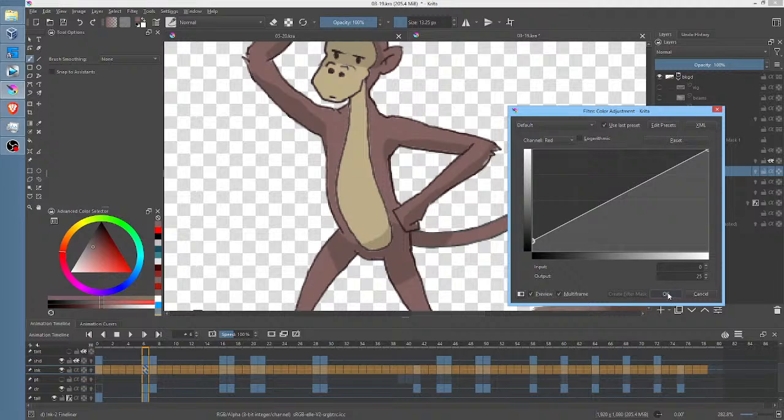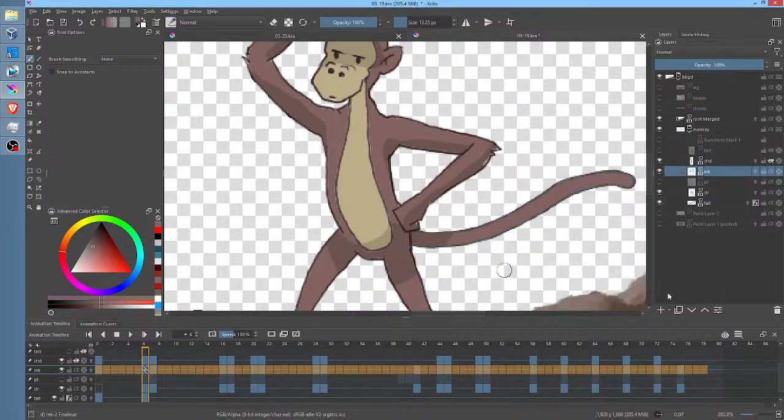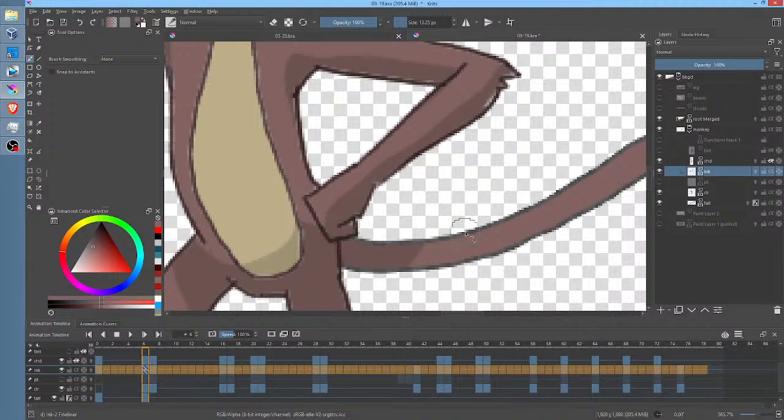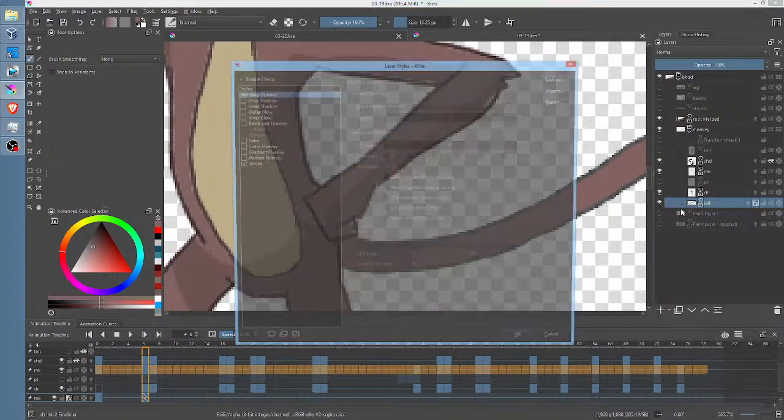So you're going to see it probably think for a minute while it's going through and actually destructively adding the effect to every single one of those ink frames. Okay, makes sense? Cool. All right, so now having done that, you can see the disparity between the tail and the ink, and that's not acceptable.